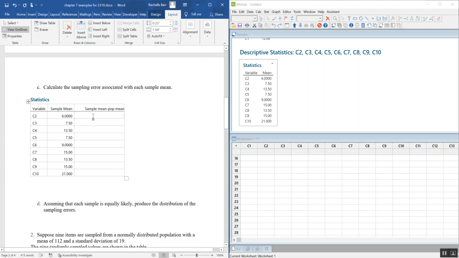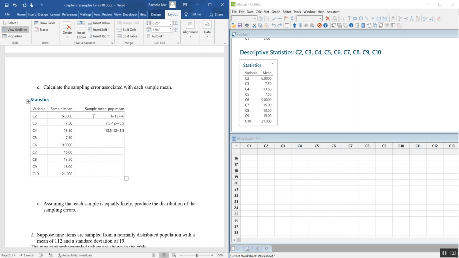So going down here into this first box, 6 minus 12 would give me negative 6. 7.5 minus 12 would give me negative 4.5. I'm really challenging my mental math here today. Oh, I don't want to do this one. 13.5 minus 12. Aren't you glad I did this one instead of you? So, oh, in this case I finally hit one that's bigger. Okay, so that's going to be 1.5, and that one's positive, not fraction,